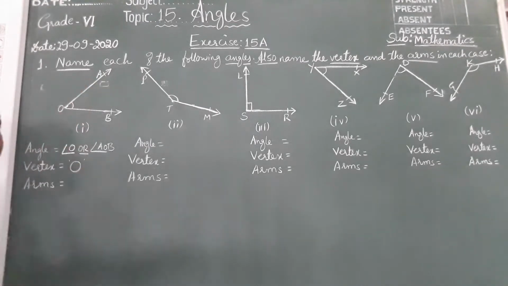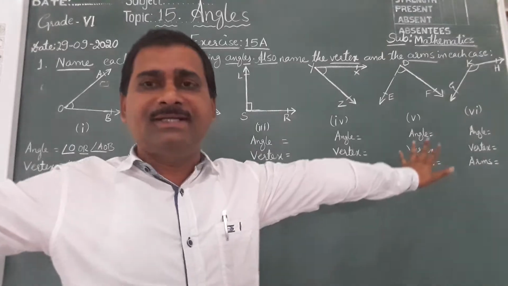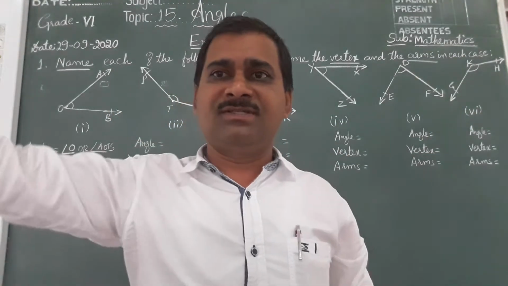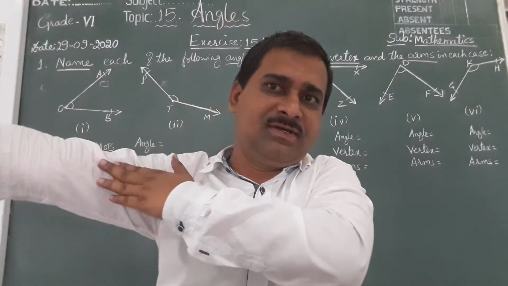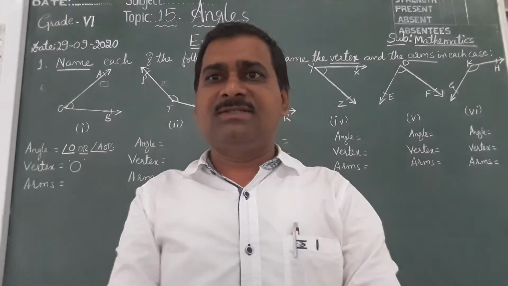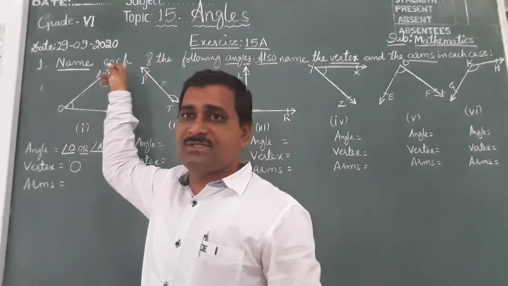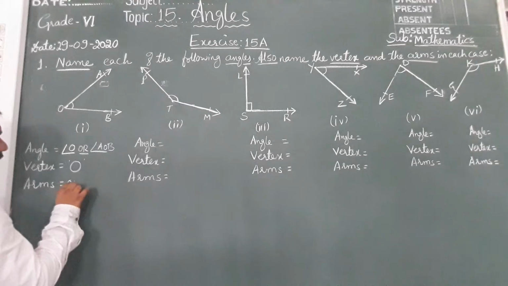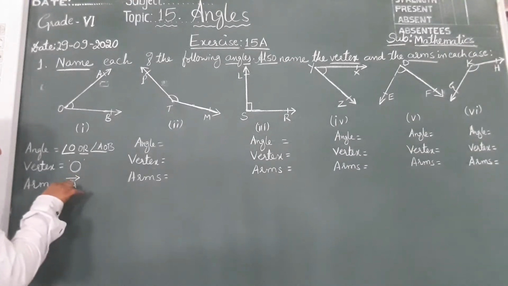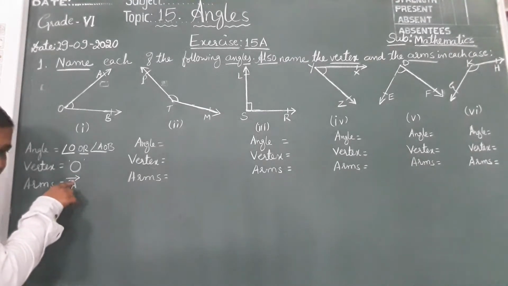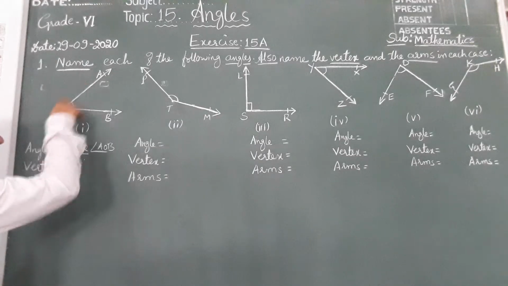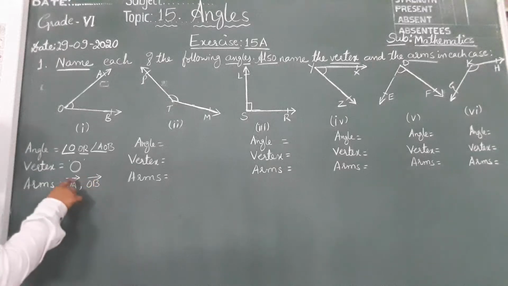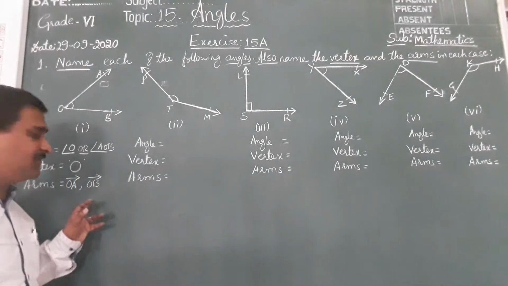Next, arms. Two arms are there. Arms means like hands. In the assembly time and all, we will say, take 1 arm distance, 2 arm distance. Our arms, we got our arms. In the same way, angle has got 2 arms, right? OA. Don't forget to write a ray on the top because arms are rays. OA and OB. Just represent with the rays.